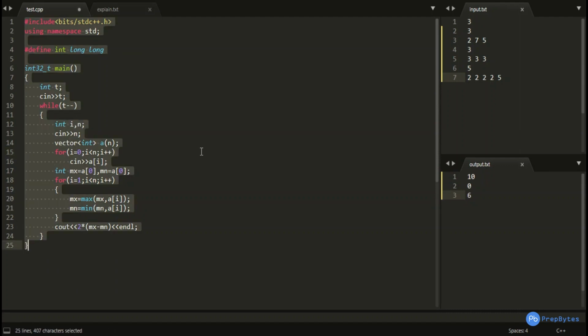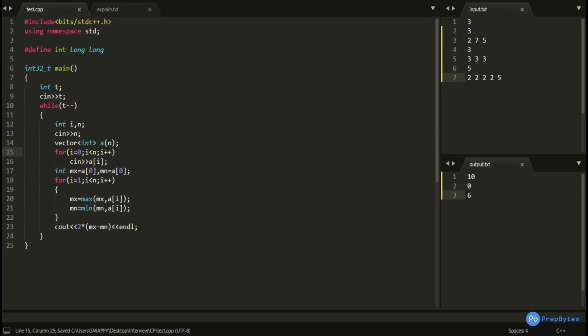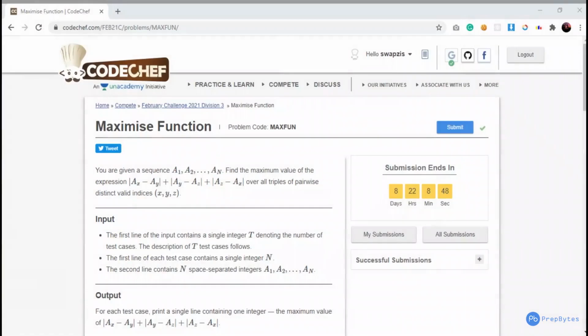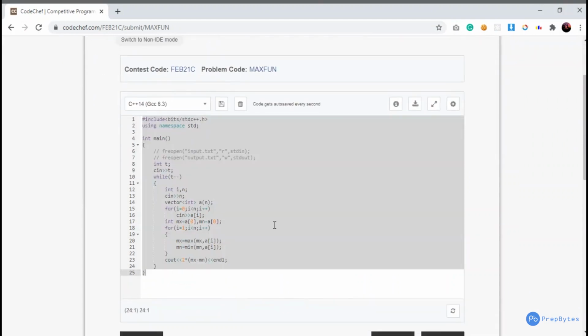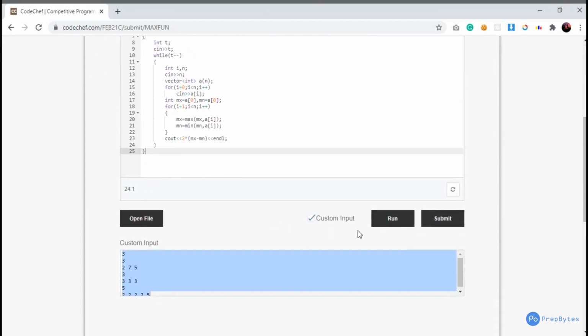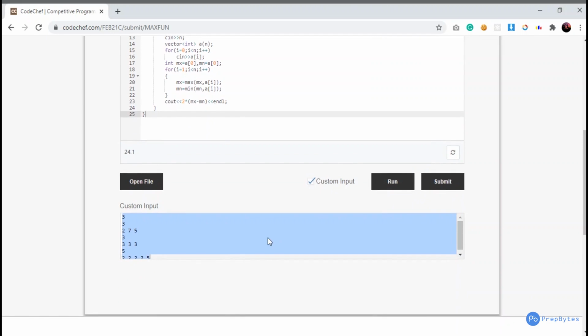Now let's submit this particular solution over the CodeChef platform. Let us run here for the sample test cases.